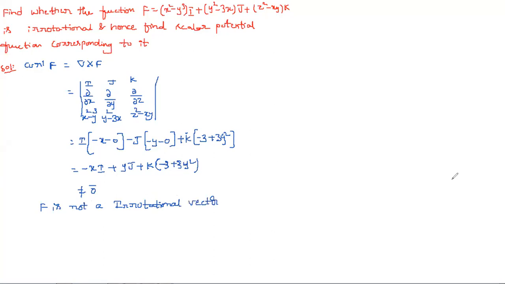Okay. So one of the times they asked this in the external exam, people think that since they asked to show the scalar potential function, and here it is not irrotational, don't think like that. If it is irrotational, then only that scalar potential function will exist. So here this is not irrotational. Obviously, no need to find any scalar potential function.